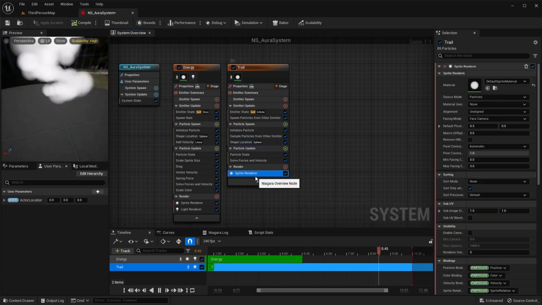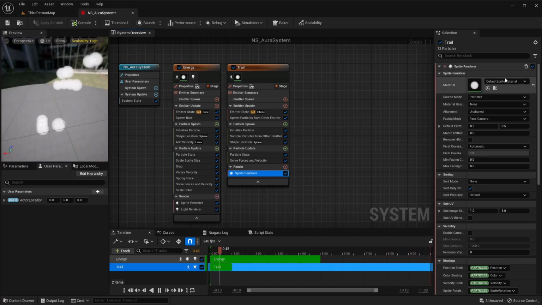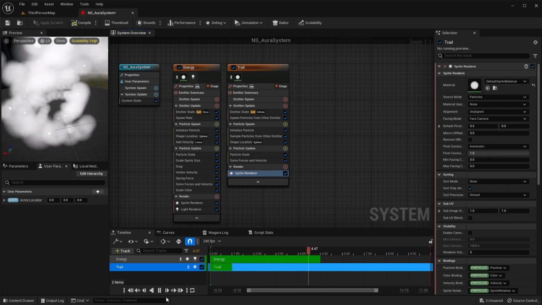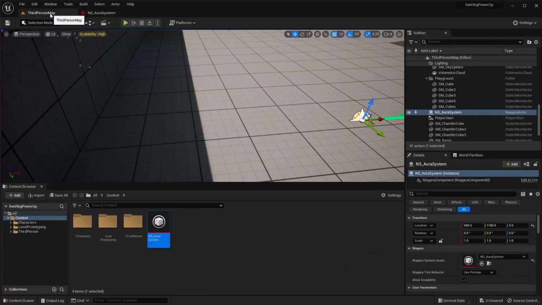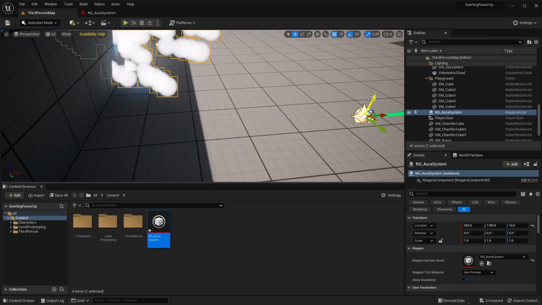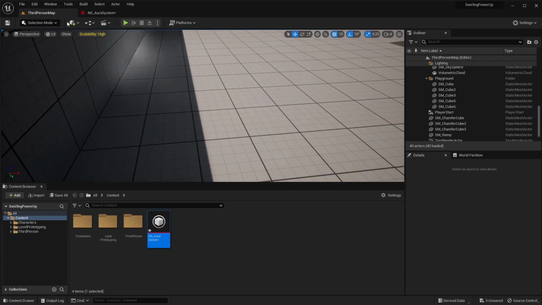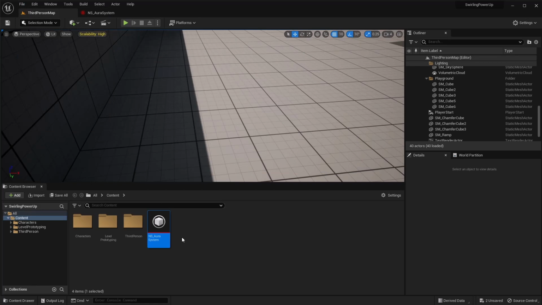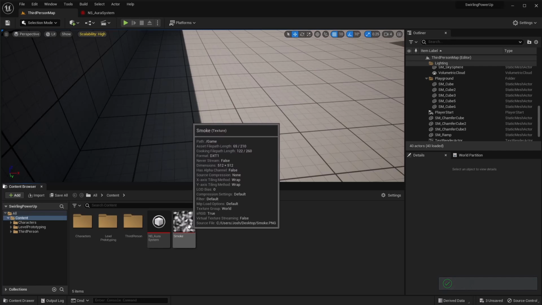For the sprite render itself, we're going to create a custom material here for this. So let's go work on that real quick. Let's remove this for now. For the custom material, we need a texture that we're going to use. I actually have a texture that I'm going to use. I use it for a lot of my projects just because it's a simple little noise texture.